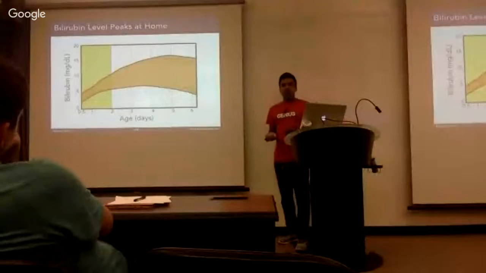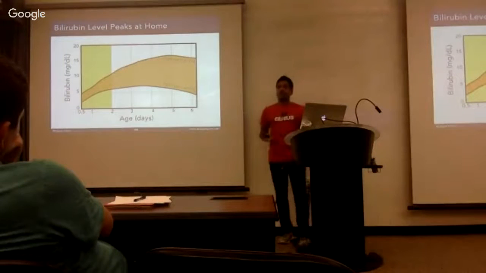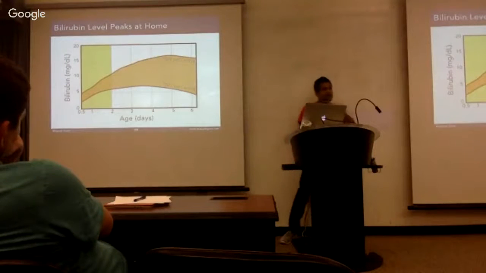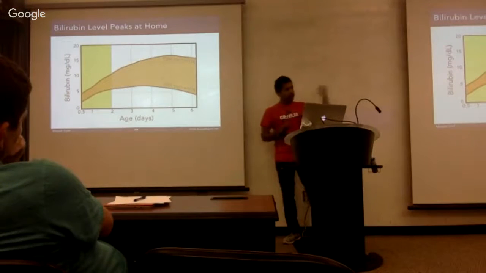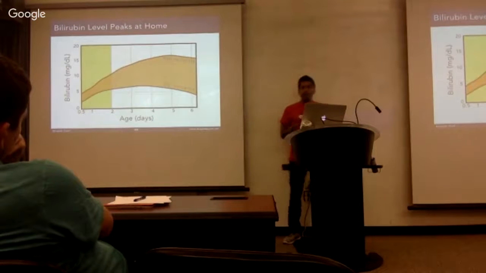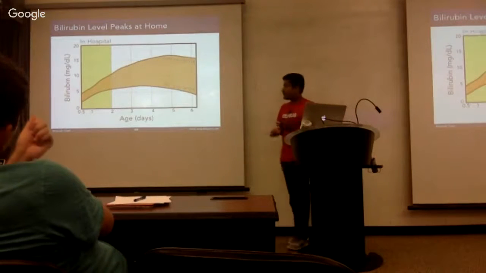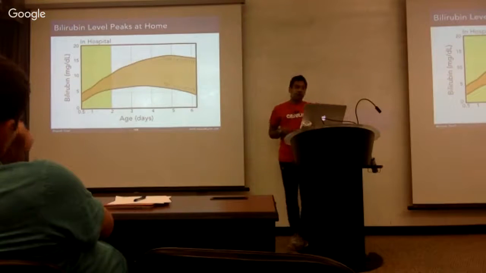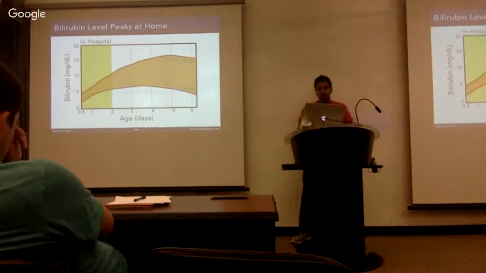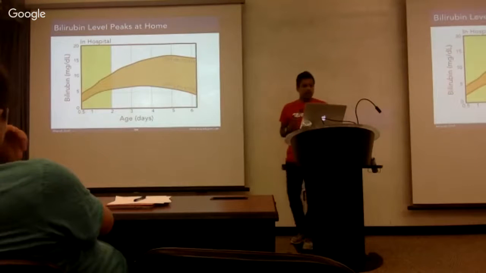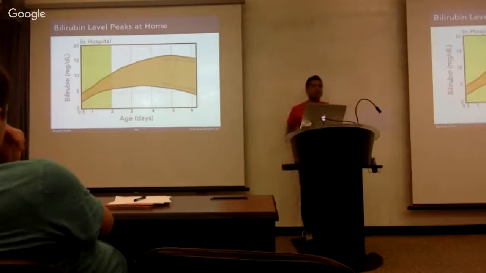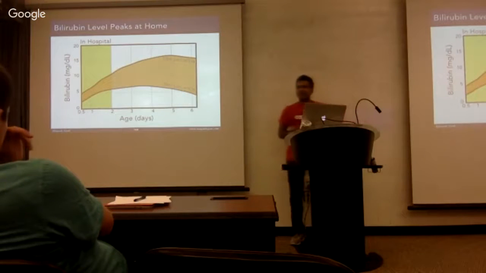These two devices work really well, but they are in hospitals and clinics. And if you look at the increase in bilirubin levels with respect to a baby's age, the level really peaks when the baby is around 3 to 4 days old, and that's when the baby is at home. So one of my lab mates, Eric Larson, who worked with us on this project, had a baby 4 years ago, 5 years ago, something like that,